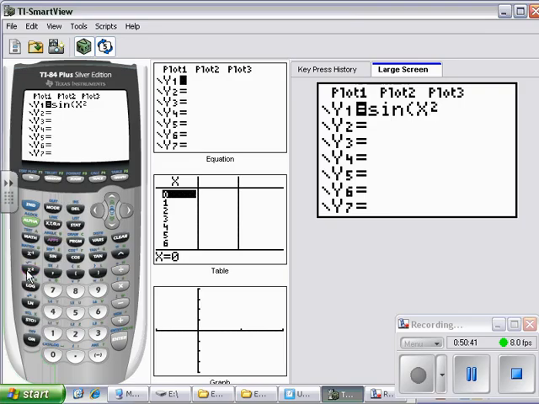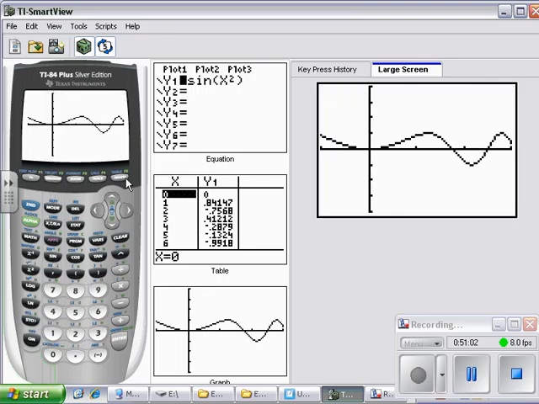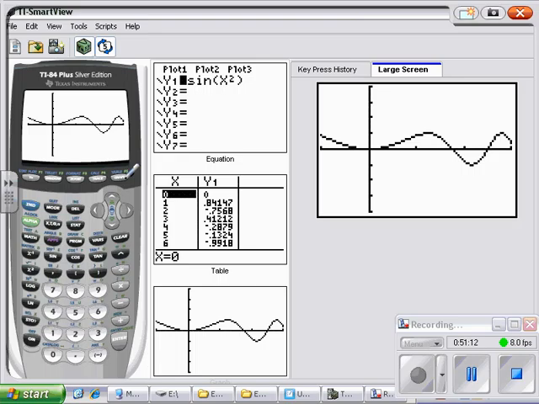So x squared. And we're setting our window from -1 to 3. So I do window, oh, it's right at -1 to 3. And I only care where it's negative, so this -4 to 4 is probably fine. Now, I don't even really have to, I knew my x scale was 1, so I know these marks occur every 1. So even just looking at these choices,